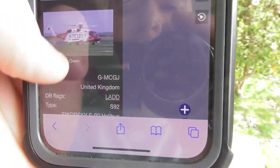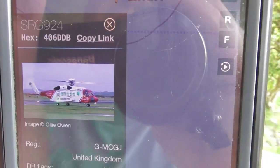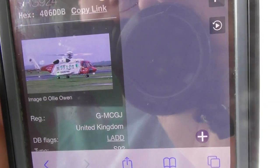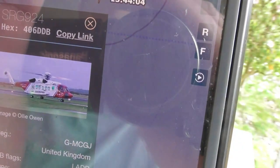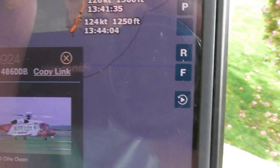G-MCGJ. It's the first time I've ever seen this registration. So yeah, it's the first time I ever filmed this registration, the G-MCGJ. It's probably the newer registration that's now based at Newquay Airport. This is one of the newer registrations on the Coast Guard helicopter, and this one used to be based at Caravan Fan Airport,